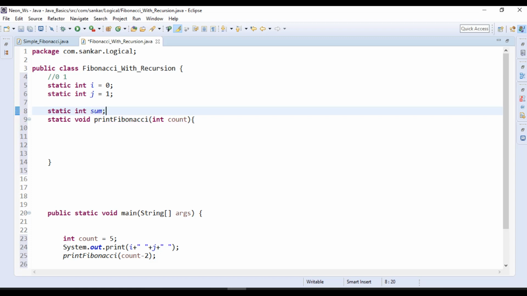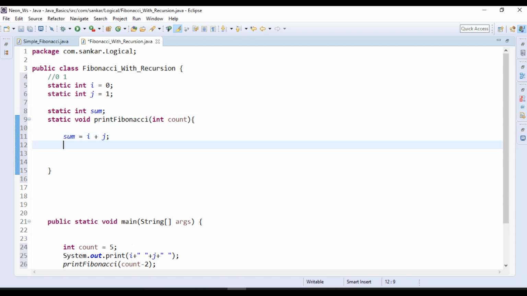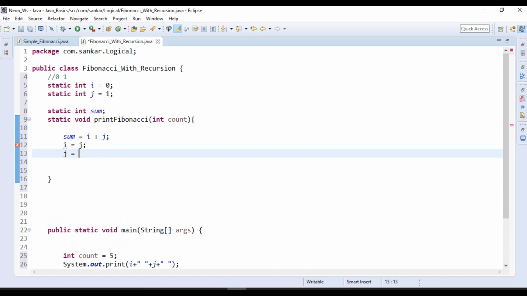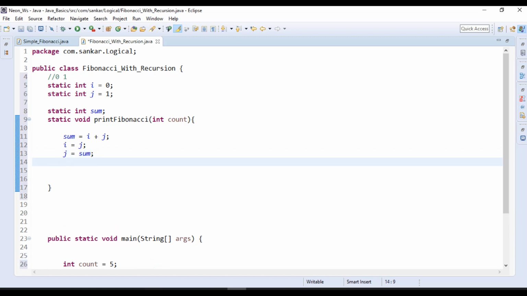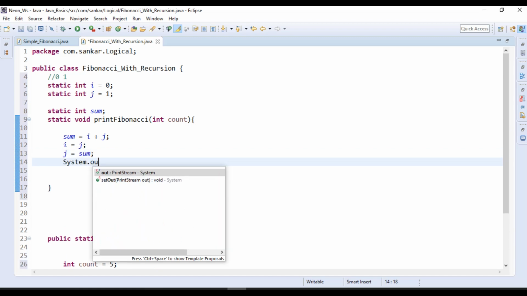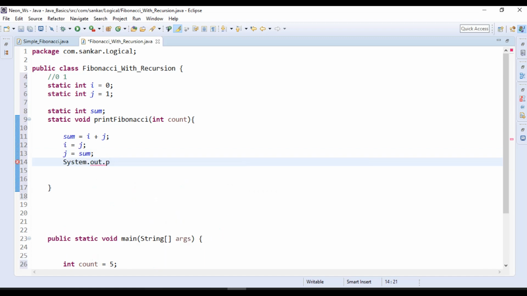Now I am doing addition of the previous two numbers, that means i plus j. Am I right? i plus j. After performing the sum, we need to do a swap properly, then only we will get the exact result. After computing the sum, we print that sum. We will use the System.out.print method only, because we will print within the same line itself. After the sum, give some space.